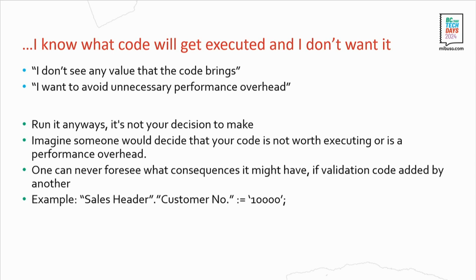A few months later, you end up with data that's unexpected for that extension, and that might break stuff. And just to give an example again, the customer number: just imagine if you just assign this to the sales header, then I think you won't be able to post this unless you really know what else to add. And you might miss something that Microsoft added not too long ago that you weren't aware of, in that validation trigger. So I think this is a good example where everyone agrees that this validation trigger has to be executed because there is a lot of code.